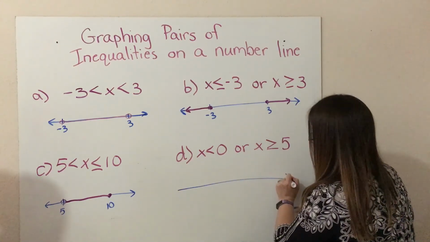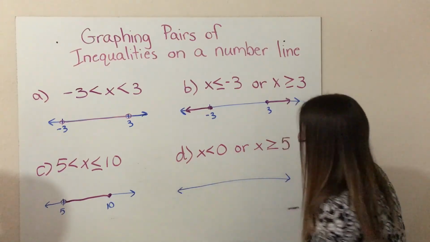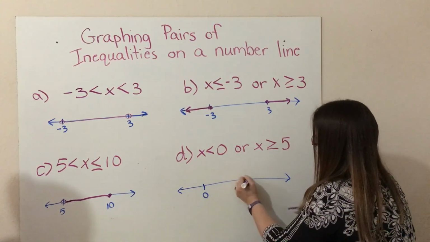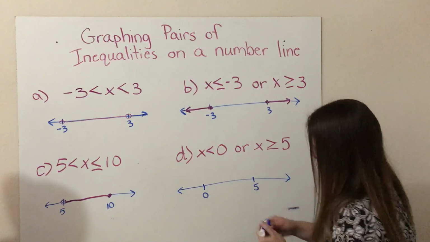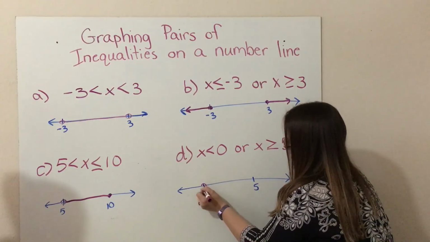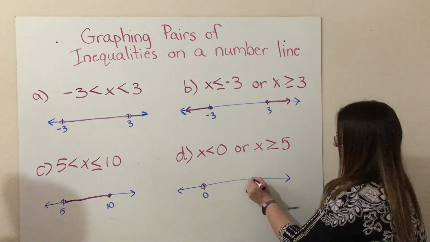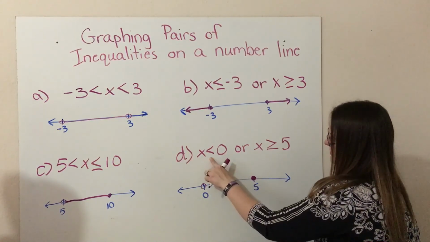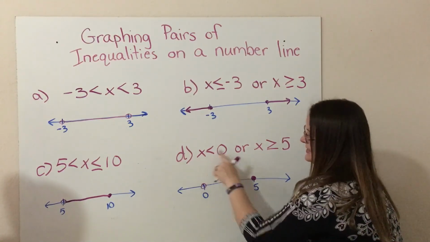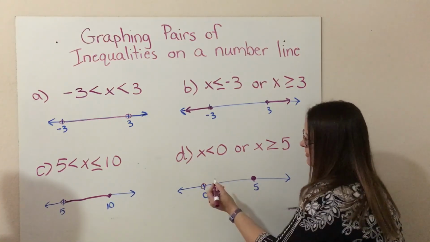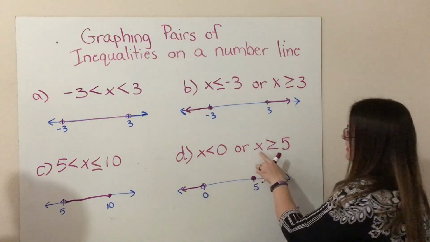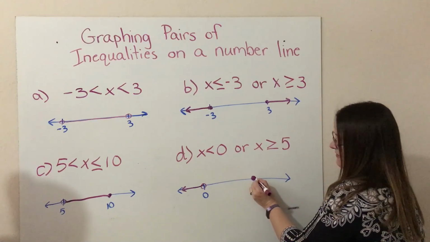Here's my number line. Kalan, what value should I label on my number line? 0 and 5. Is 0 an open dot or a closed dot? Open dot. And 5? Closed. Closed dot. No equal sign, open dot, equal sign, closed dot. Now, X is less than 0, so what way do I go, left or right? Left. Or X is greater than or equal to 5,